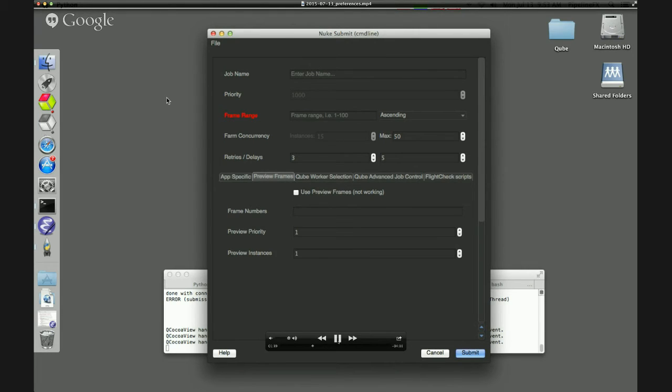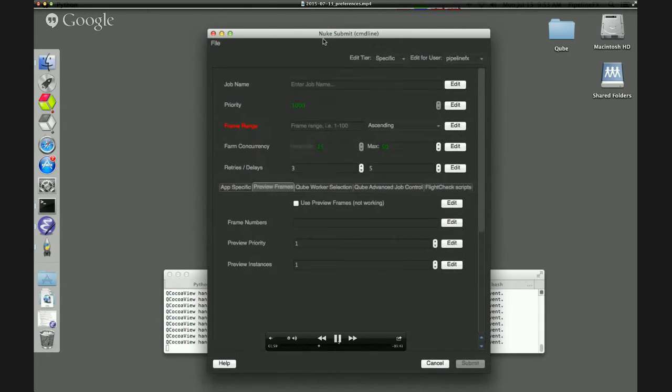So with that, let's go through a demo of how the editing system works for the preferences. So in a Submission UI we have here, and by the way, this is still under development, so look and feel may change before release. But if we're in the Submission UI here, we just go to File, Enable Editing. The Submission UI changes just a little bit here.